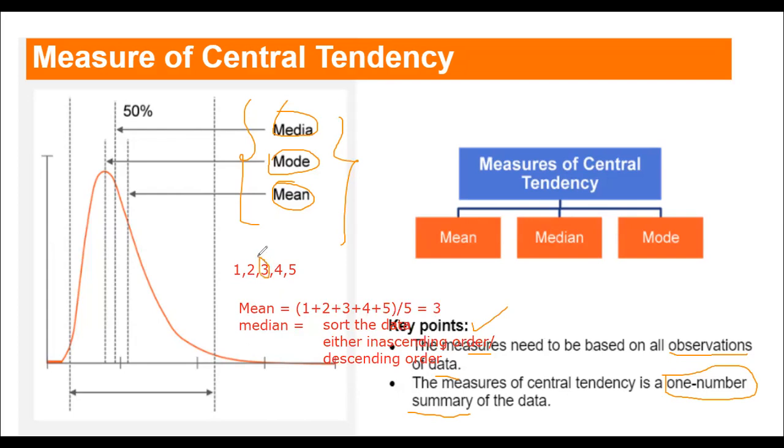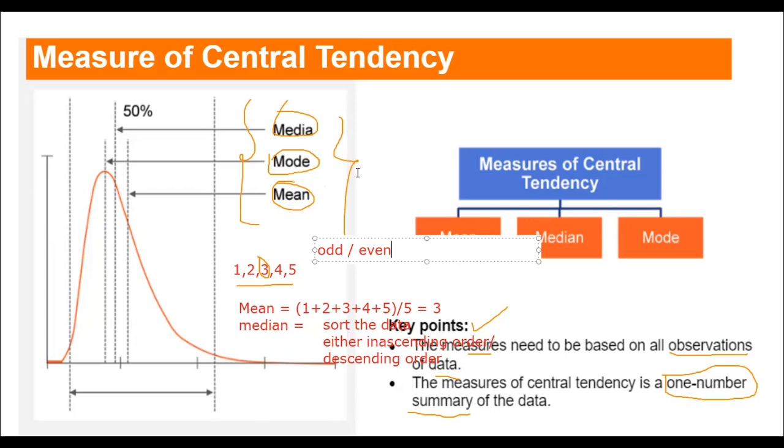But again, there is a rule. The second rule for the median is that when we are finding the median, we have to check how many observations we have in the data, meaning whether it's even or odd. Depending on that, we will find the median, right? I'll show you that also.